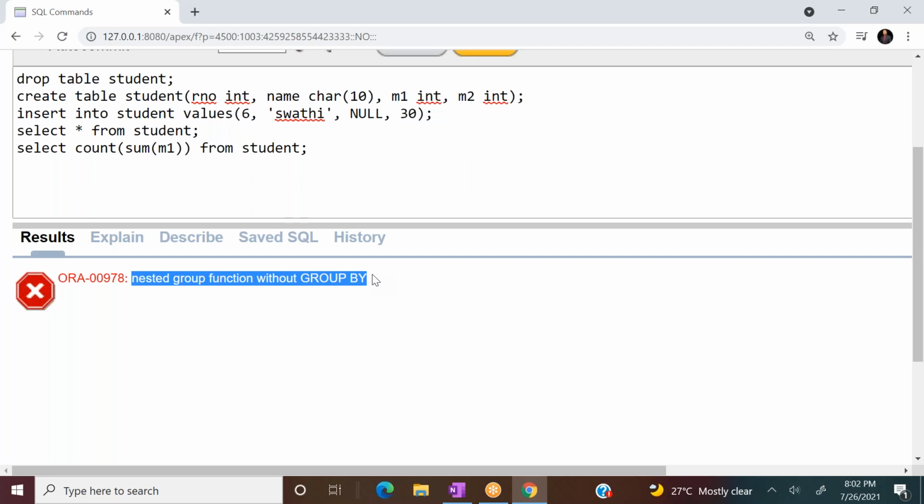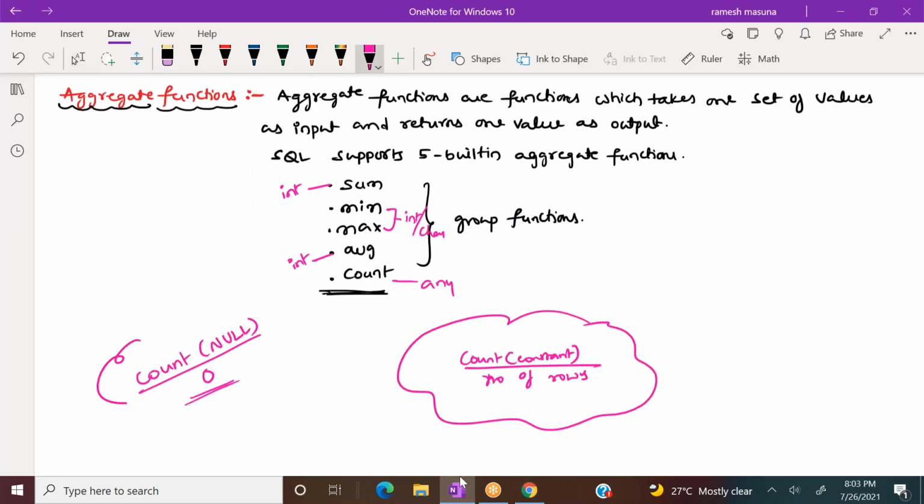That group by clause I am going to discuss in tomorrow's session. So what is the point? At the bottom of the screen you can see, nesting of group functions without group by is not possible. Here I will write that note also.